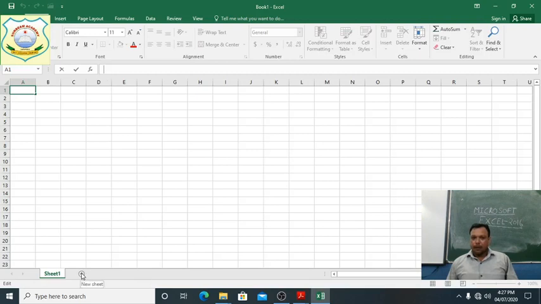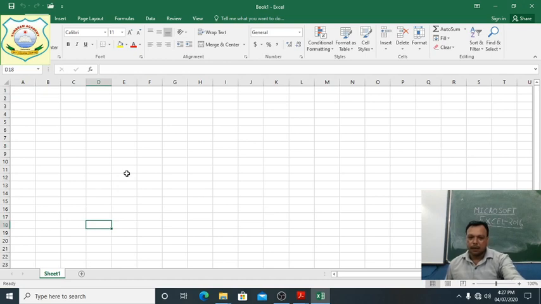And here, when we have done, suppose we have written something here and after that we want a new one, then Sheet2 will come. Next, also Sheet3. Clear students? So Sheet1 is there by default. If you want a new one, by the plus sign you can add all the sheets.